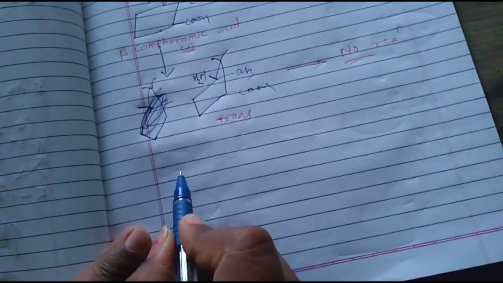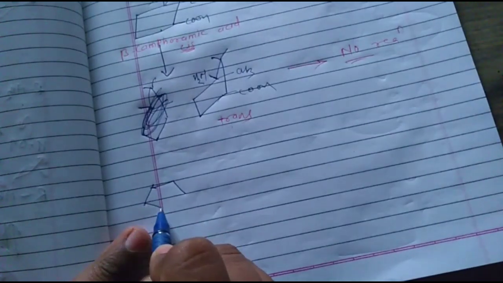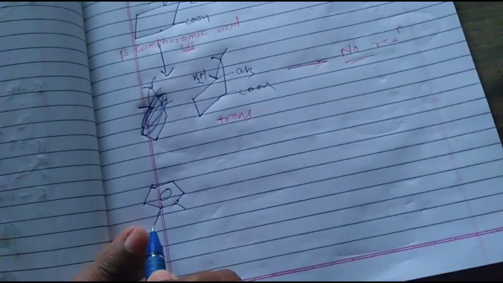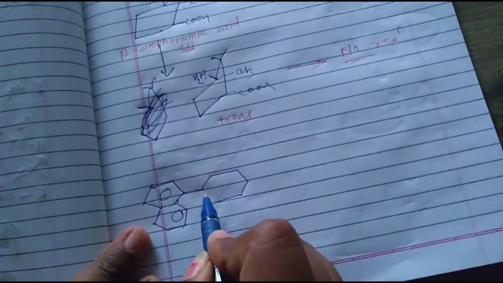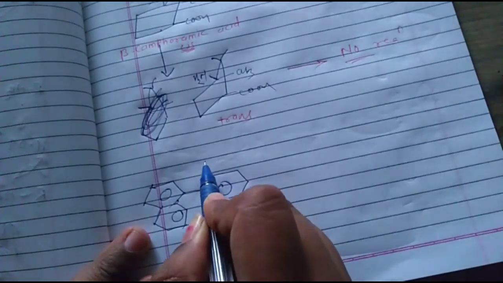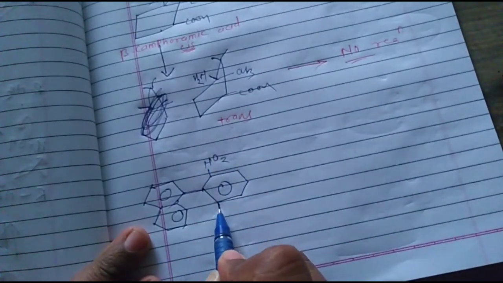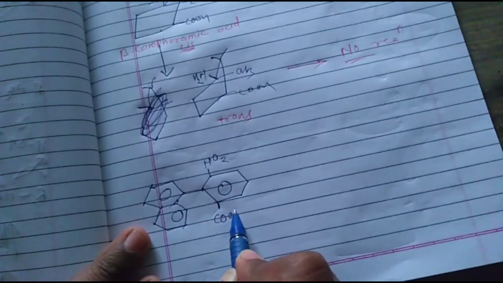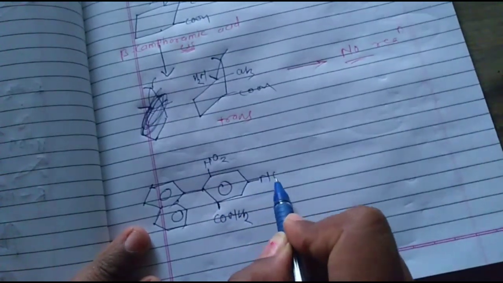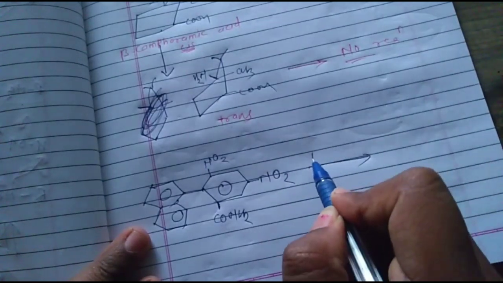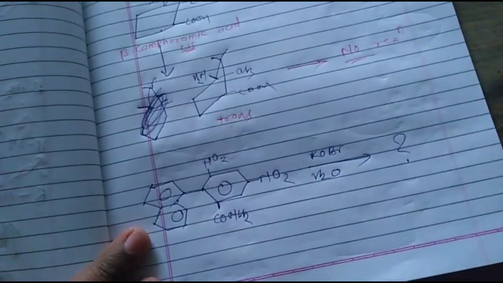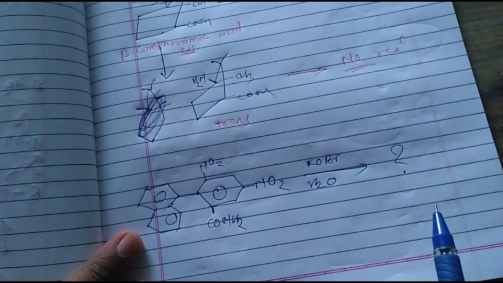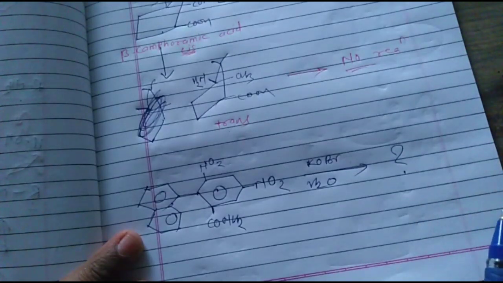If this is a reactant, you have to find out the product. This is very simple. If you understand the reaction and its mechanism, then only you can find out the product of this reaction. Predict the product. KOBr, H2O. What will be the product? This is the assignment for you. You have to submit it today. Then I will accept your assignment.